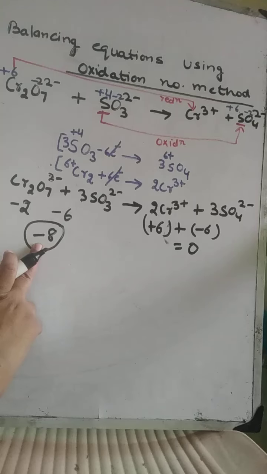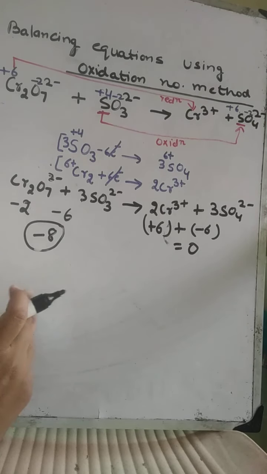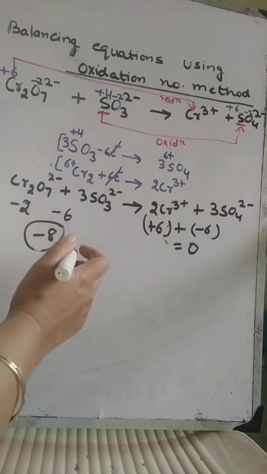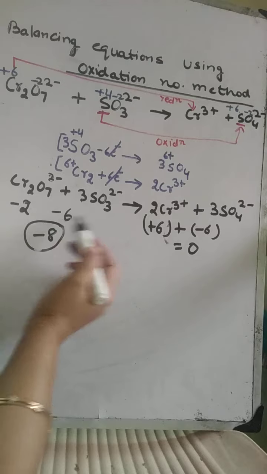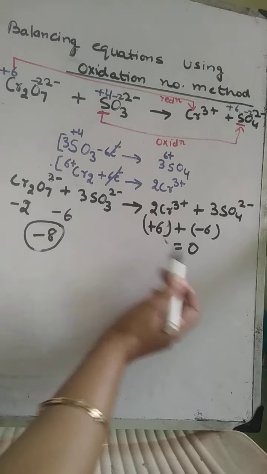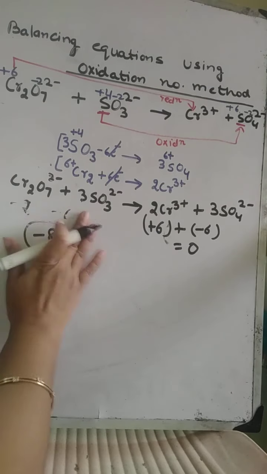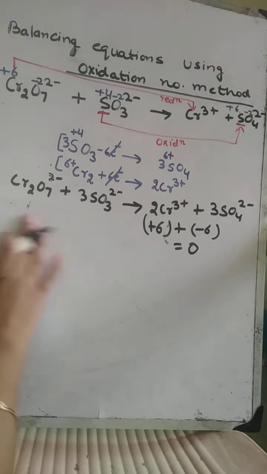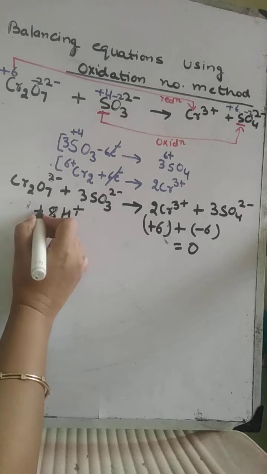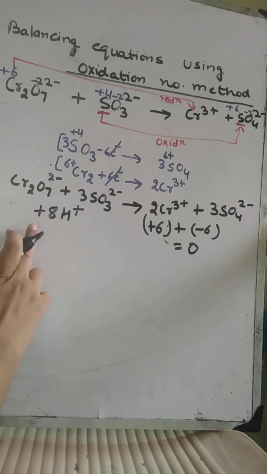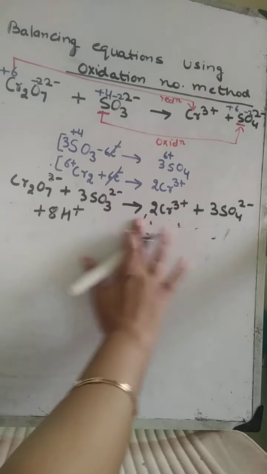Now the charge was minus 8. So how many H positive do I add? 8 H positive. If I add them, the charge will become 0 because I want the charge to balance. Here minus 8, here 0. I want to make it 0. So on this side I will add 8 H positive. And when I have added 8 H positive on this side, now charge is balanced, everything else is balanced,